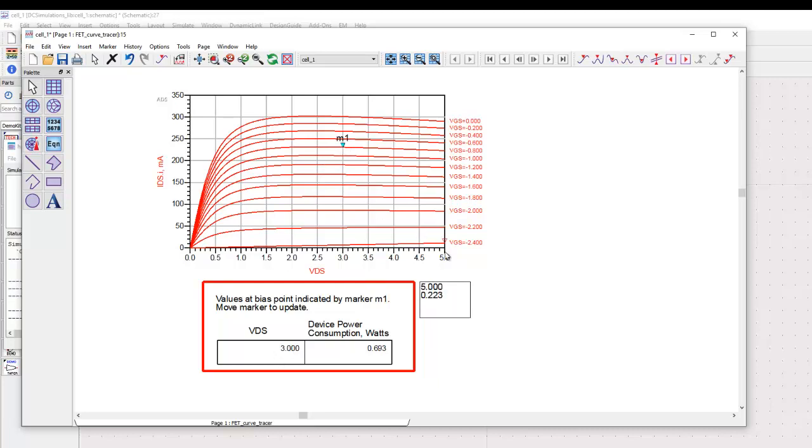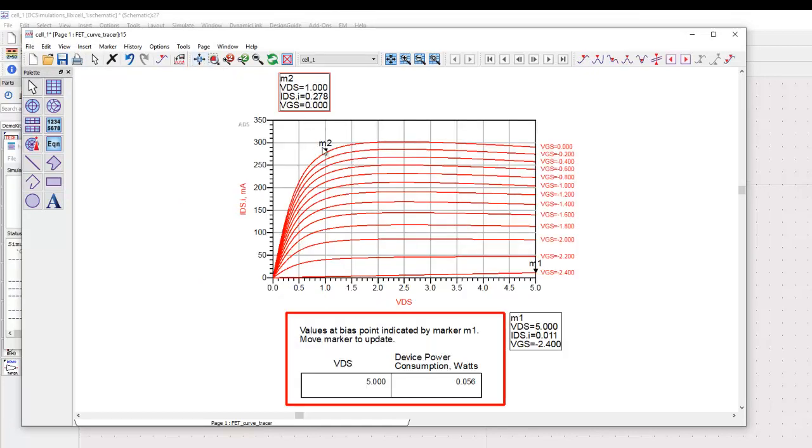So we'll go ahead and place the marker near the cutoff region here, and we will add a new marker on the knee voltage point or the knee current point. Now with these two markers, if you want to plot a DC load line, we just need to draw a line connecting these two markers, and then we can read the slope, and our load resistance will be the negative reciprocal